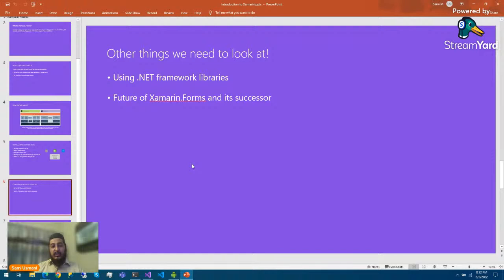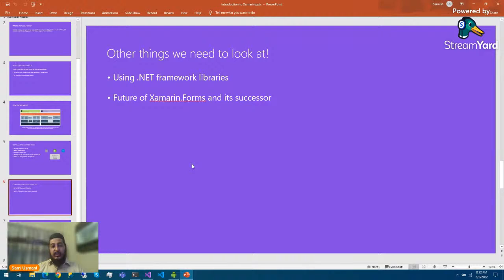All right. The next question somebody would be asking themselves is what is the future of Xamarin.Forms and what about its successor? In the recent history, there has been talk about the successor of Xamarin.Forms. There is a successor coming from .NET itself, from Microsoft. It is also similar to Xamarin.Forms, but with major differences. It is called .NET MAUI. So people sometimes think about what will happen to Xamarin.Forms.